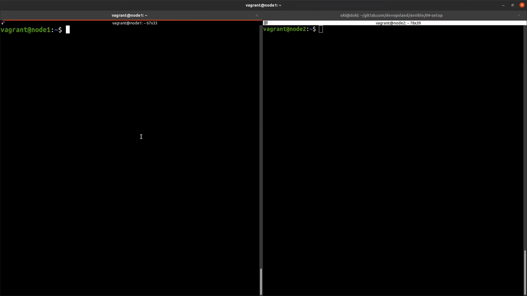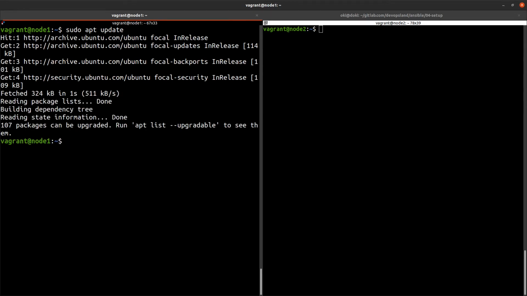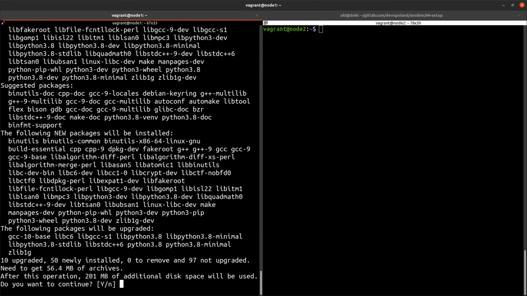First of all, we need to install pip for the Python 3 version. We could do a sudo apt update and sudo apt install python3-pip package.